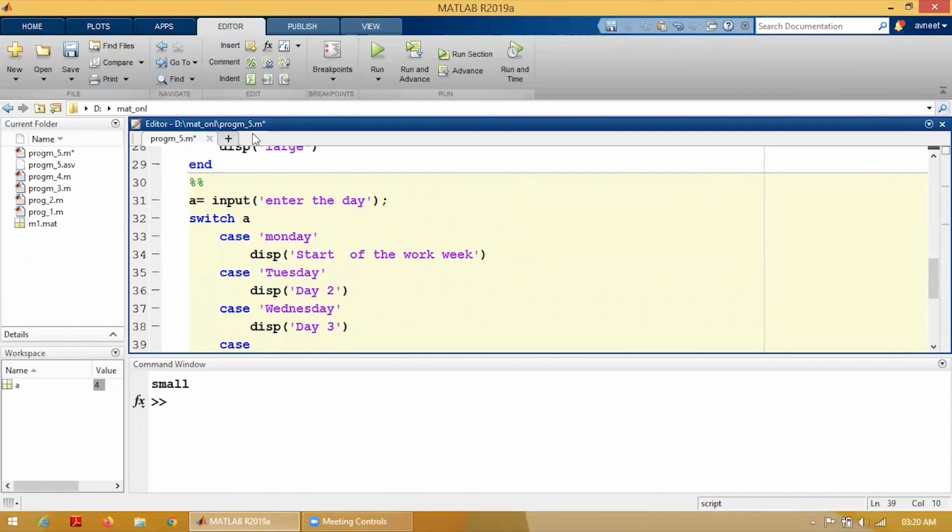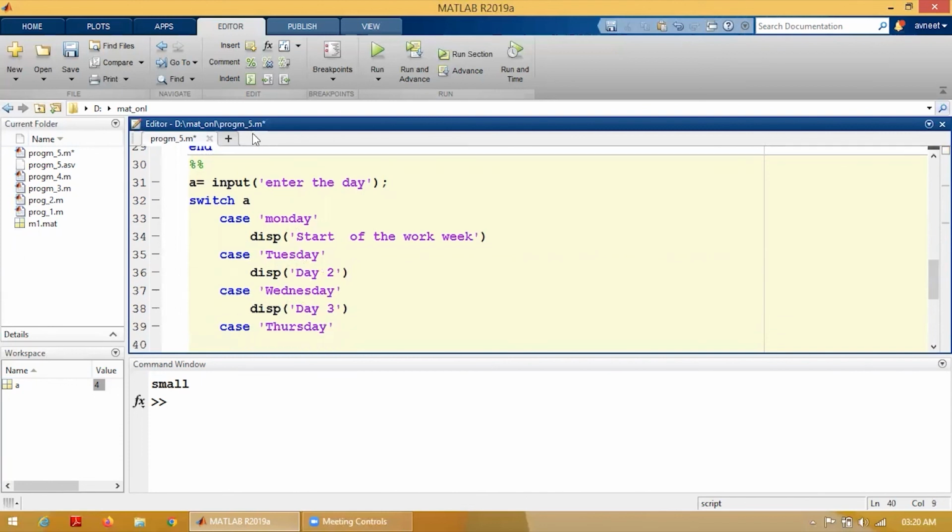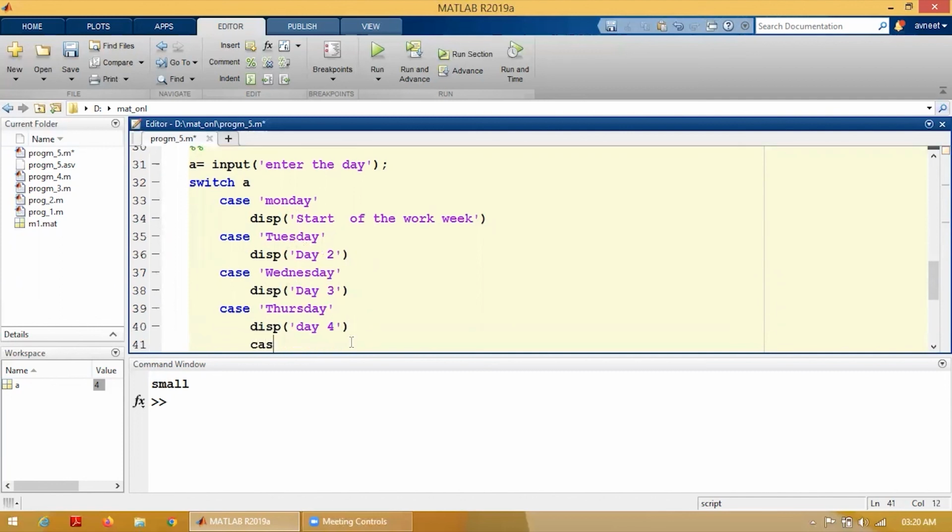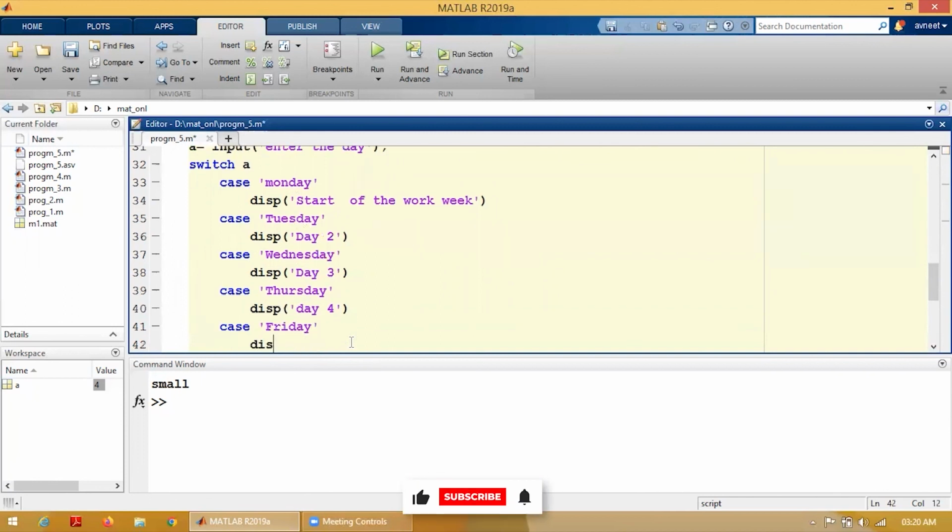Case, it's Thursday, display day 4, and case if it is Friday, display